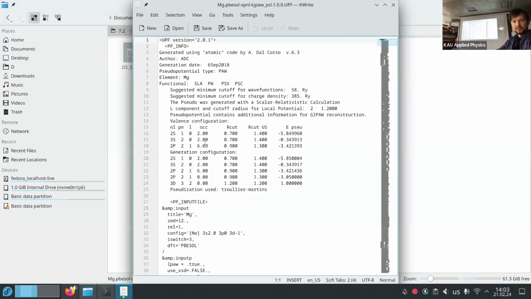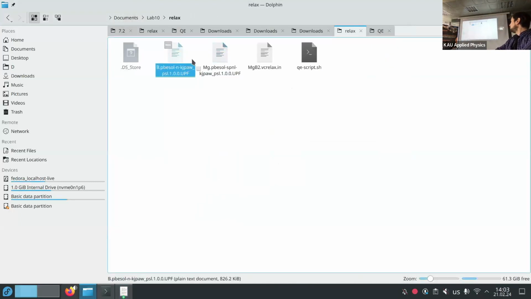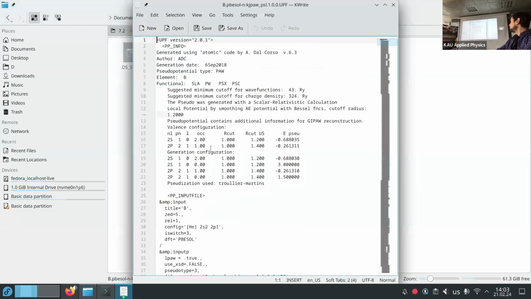Here is like 10 electrons in magnesium, 10 electrons here and 3 electrons in the other. So by 2 it's 16. So we should divide it by 2, and we get 8.